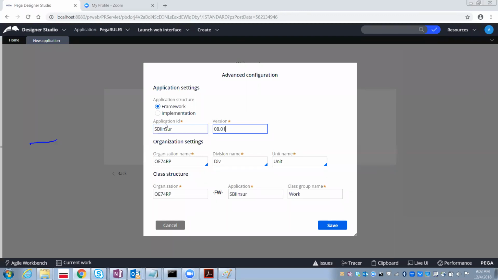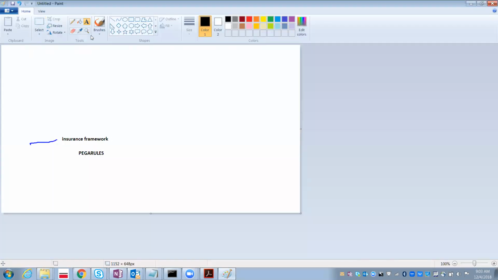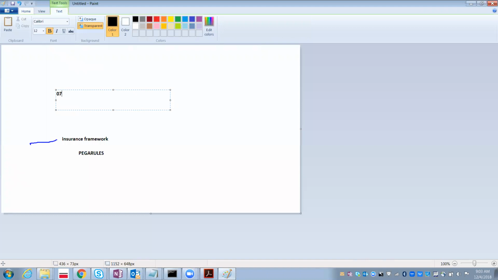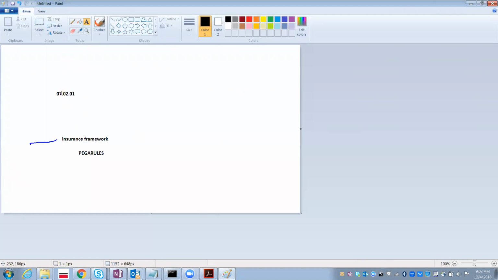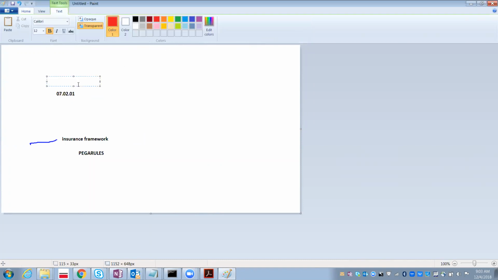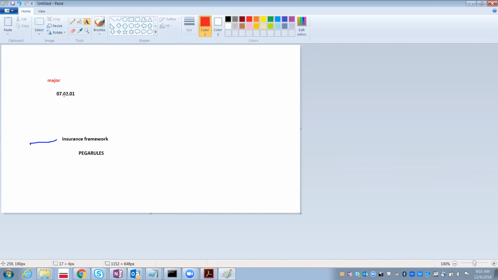So for each and every version there are mainly 3 things. What are they? In this, the first 2 digits, 07, are called major. And 02 is called minor.